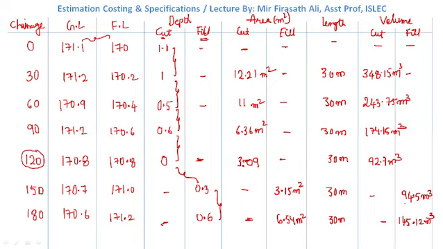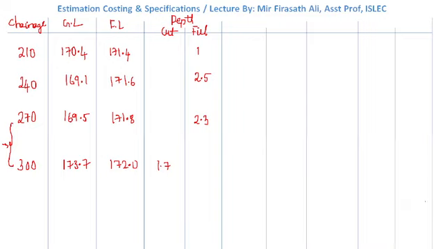Okay. Are you getting my point? So this value is for the banking value. This is the value of banking values. It all comes under the filling. Okay. At station 210, when we come to station 210, what happens over here? Here the average depth is 1 and the previous was 0.6. If we take the average depth, how much is it?